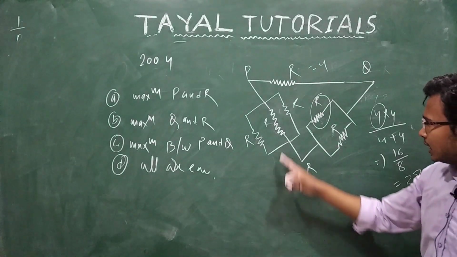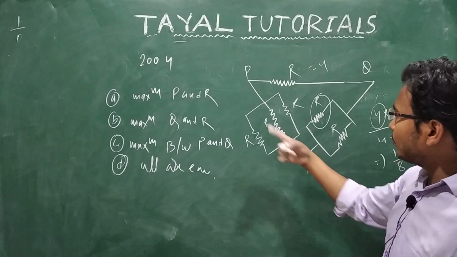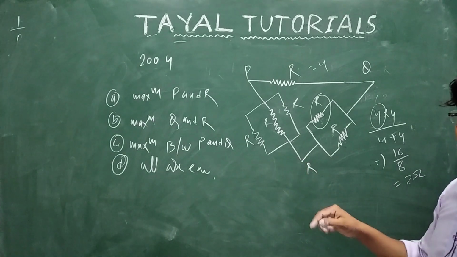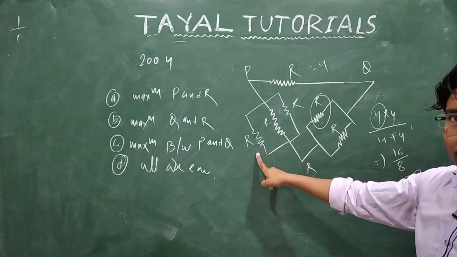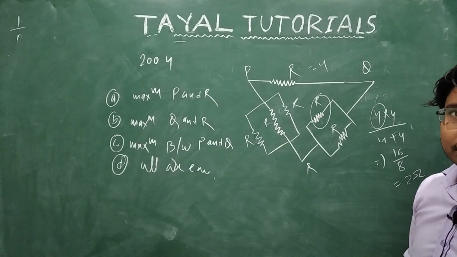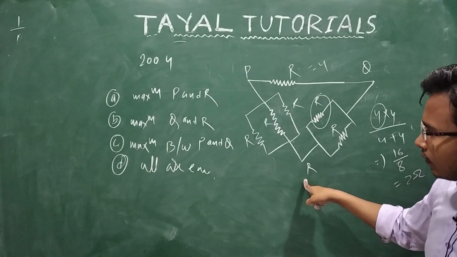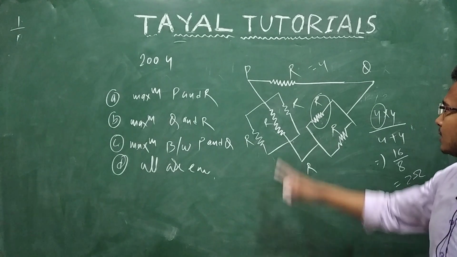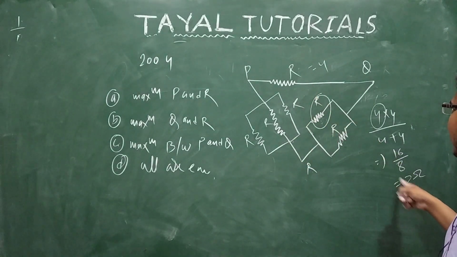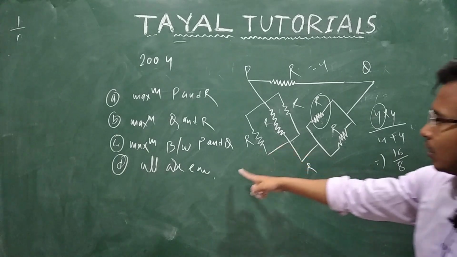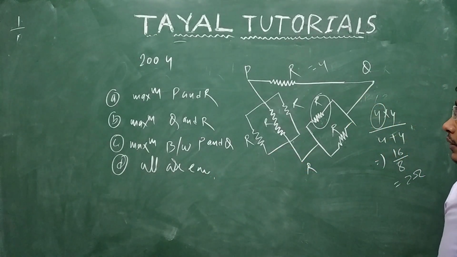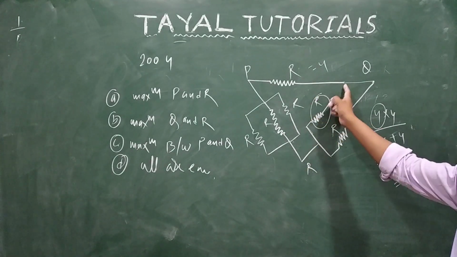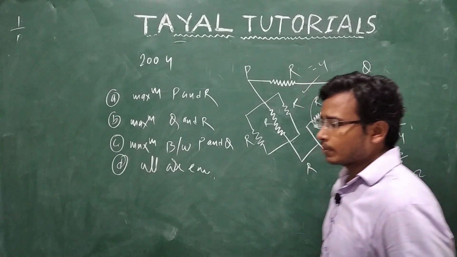Now, if I want to see the R equivalent of these, in another problem I have shown that when 3 resistors are connected in parallel, R by 3 will be the equivalent. So if I assume R is 4, then 4 by 3 will be less than 4. So that is P to R. You can see that option A will be eliminated also. This is R, this is R by 2, this is R by 3. So that option is also eliminated. So the only option left, with the maximum value of resistance, is between P and Q. This will be the correct option.